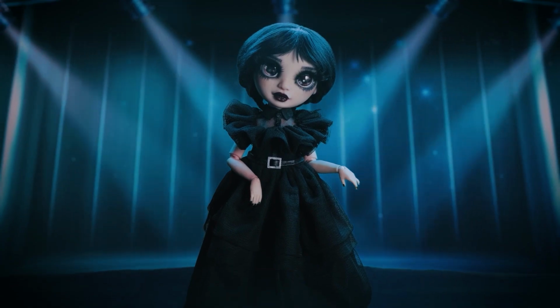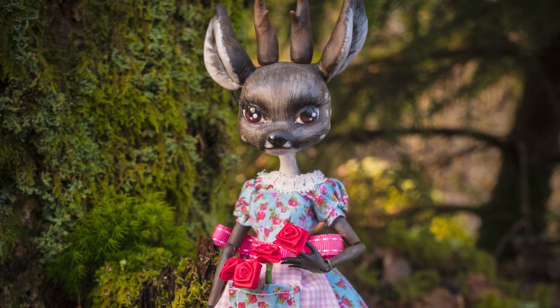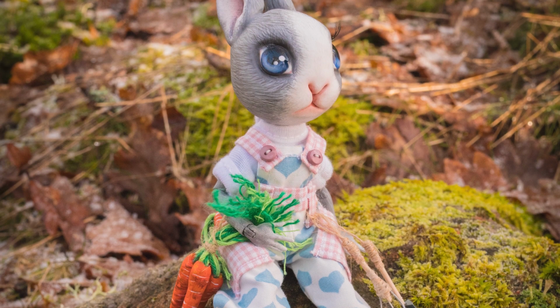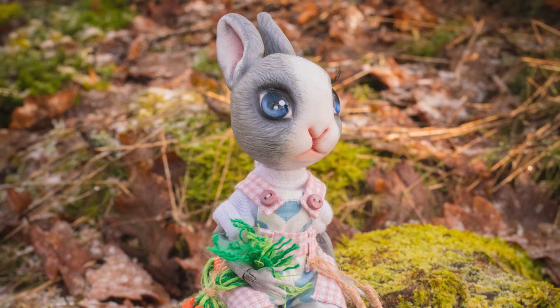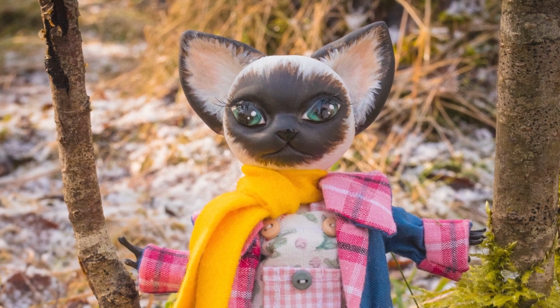In this video I'm going to make a hybrid, or you can also call it an anthropomorphic doll. That means it's part human, part animal. I have made dolls like this before, but this is actually the first time I'm going to make one on